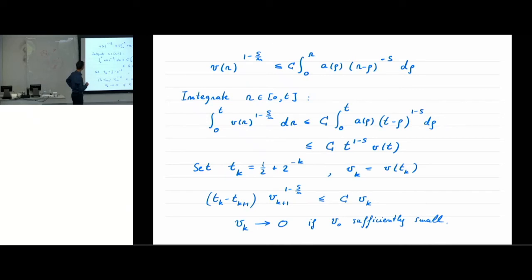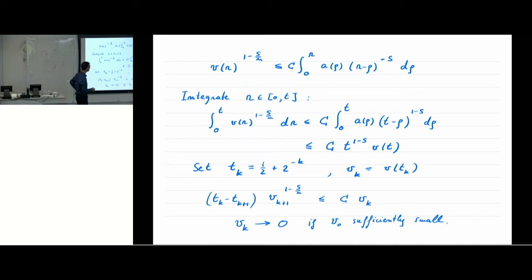So this is the inequality that I had on the previous slide. If I integrate in r, say from 0 to t, where t is another parameter, I get the integral from 0 to t of V_r to this power dr less than the integral from 0 to t of a(rho), but now, because I integrate this negative power, I get a positive power here: t minus rho to the power 1 minus s. I interchange the order. And here I'm generous,